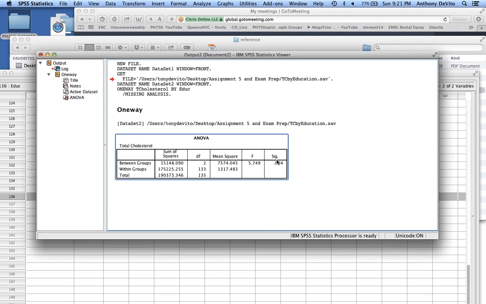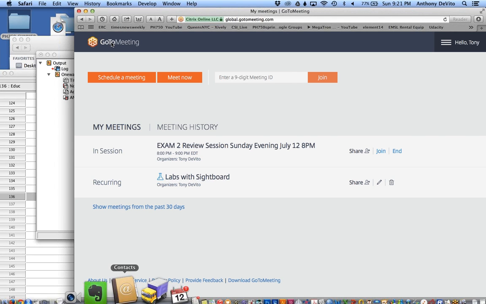It's rarely going to be that big. Anything over 3 means you can reject the null hypothesis, but it depends on the number of degrees of freedom, like really the sample size, right? So it's unlikely to ever get that big a number for F, but clearly that would be a situation where it would be almost impossible to be wrong if you reject the null hypothesis. On the other hand,